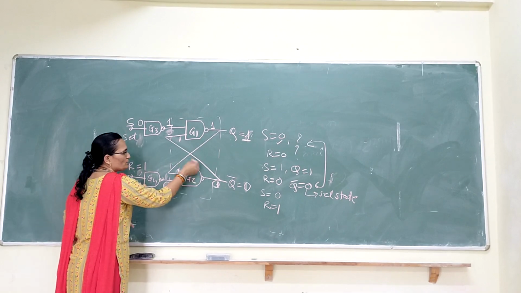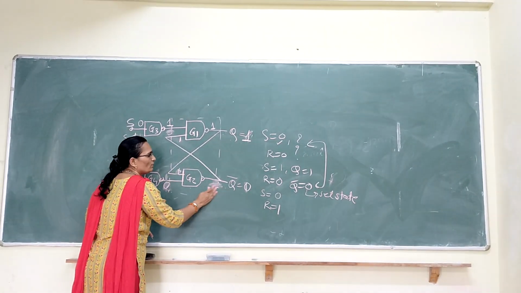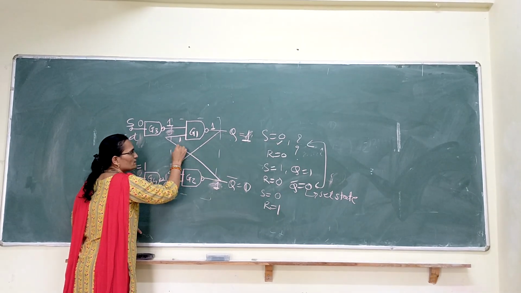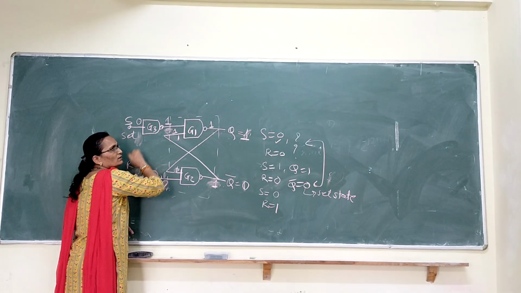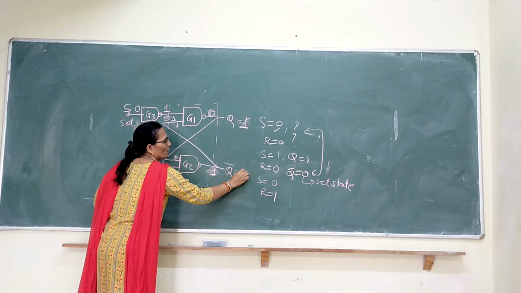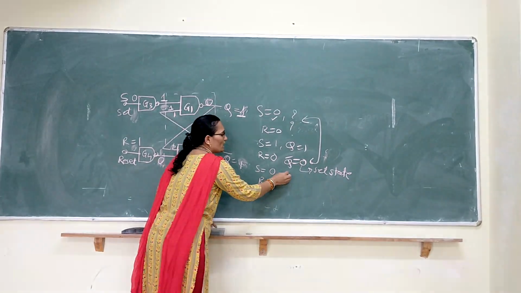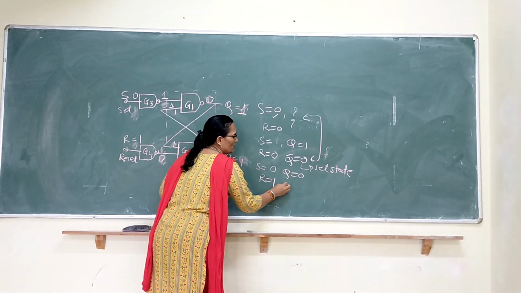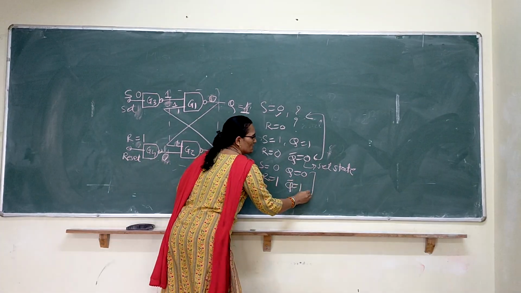We know the property of the NAND gate: if one of the inputs is 0, the output is 1. This 1 is put back as an input for the G1 gate. With inputs 1 and 1 you get a 0 here and a 1 there. So for S is 0 and R is 1, Q is 0 and Q bar is 1. So this condition is called